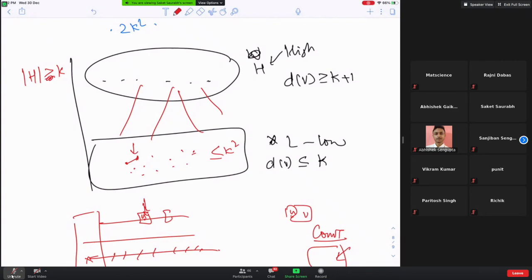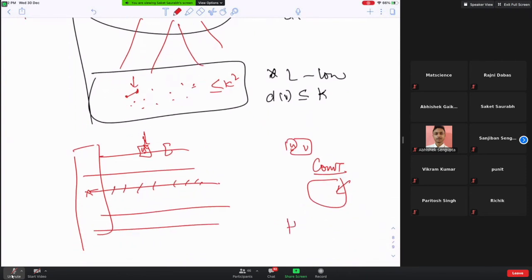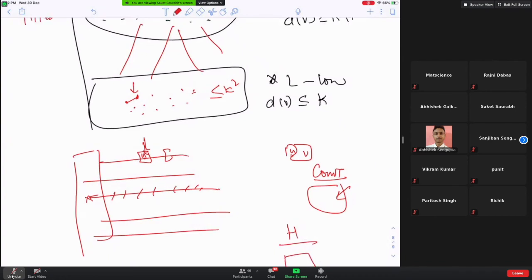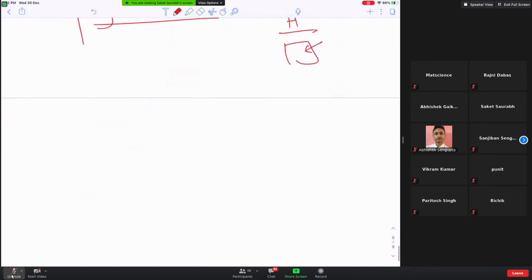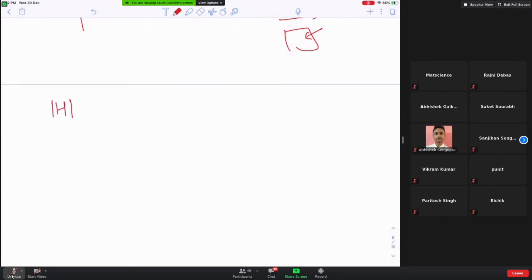And we can count vertices of high degree also. How? You keep a counter for High, and you go through every vertex in some lexicographical ordering and check its degree. If the degree is more than k, you increment the counter by 1. So all you need is 2 counters: one to count how many high degree vertices there are, and a second to count how many edges there are where both endpoints are low. So now what I know, so look at High.